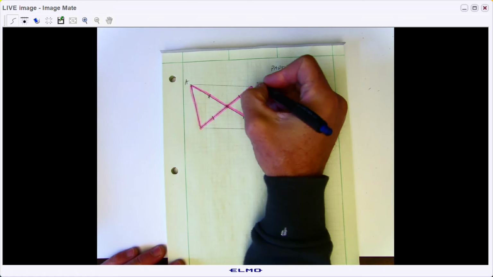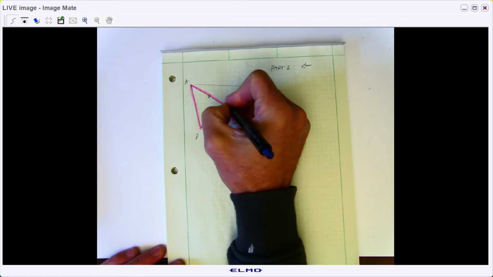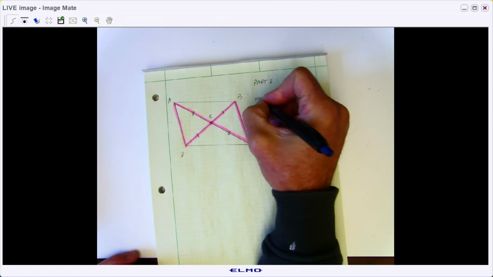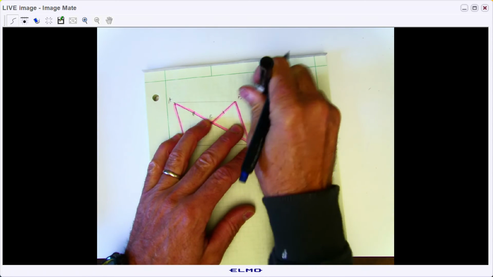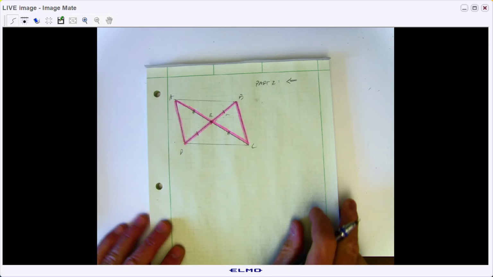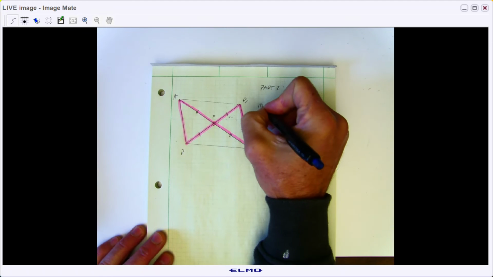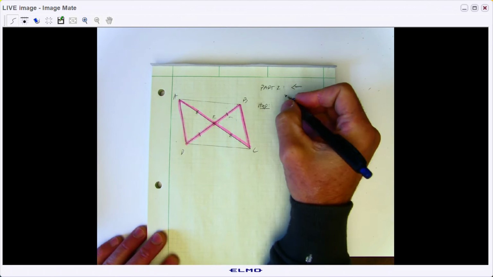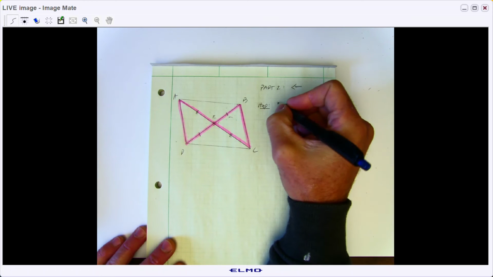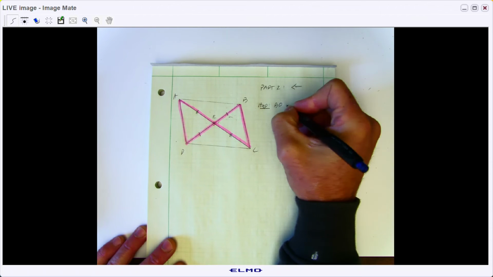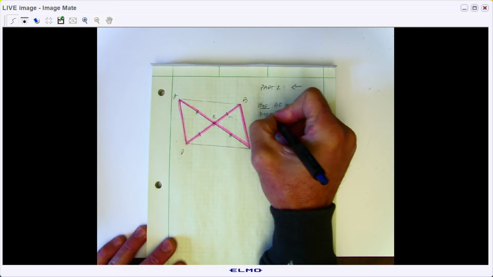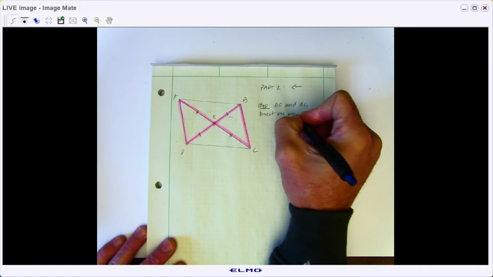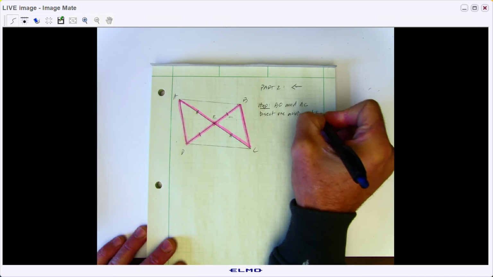I'm going to name this A, B, C, D, and E again. I guess we should probably write down our hypothesis so we know what we're after. What should we say? BD and AC bisect one another at E